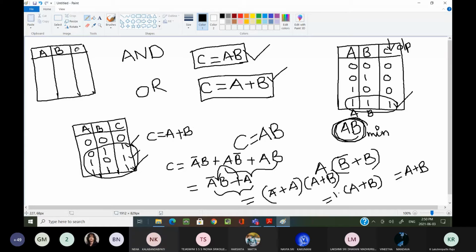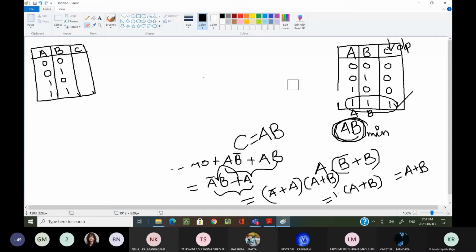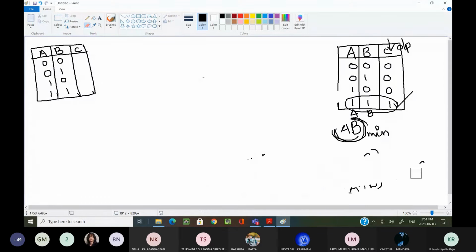Now I am considering the XOR operation, XOR gate. If you take two inputs, we write four input combinations: 0 0, 0 1, 1 0, 1 1. These are the four input combinations we can write. Now, when the XOR gate is giving output as 1, I can erase all these things, because unnecessary things may confuse some people. In this way we are writing logical expressions for each and every circuit.